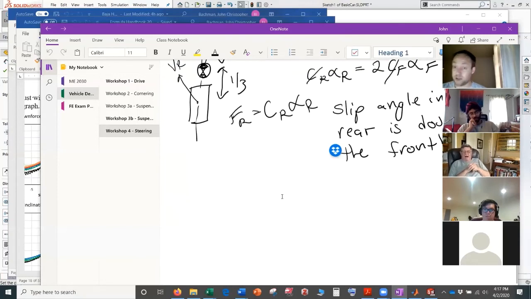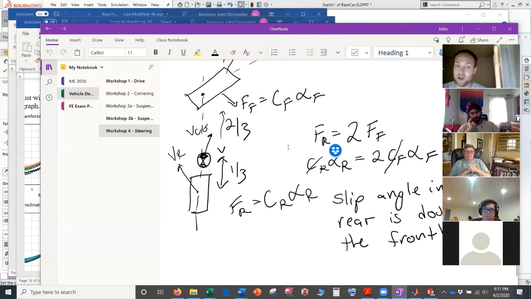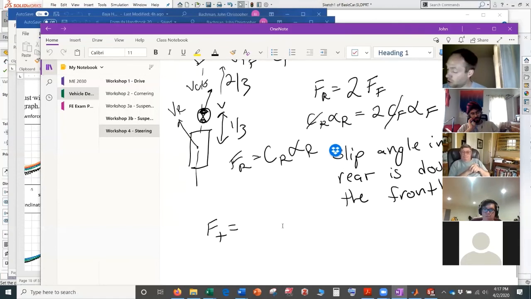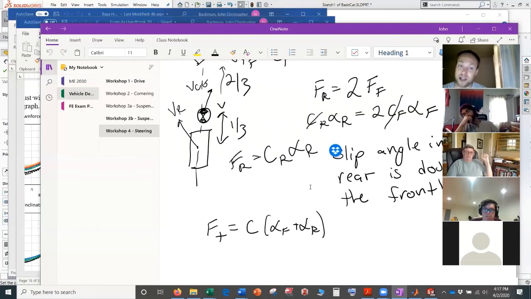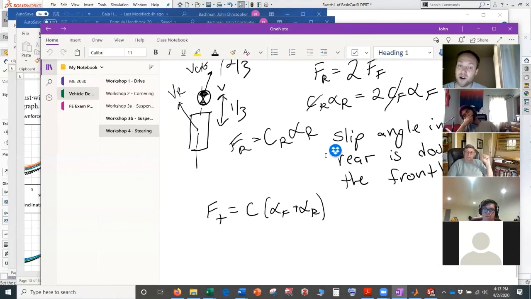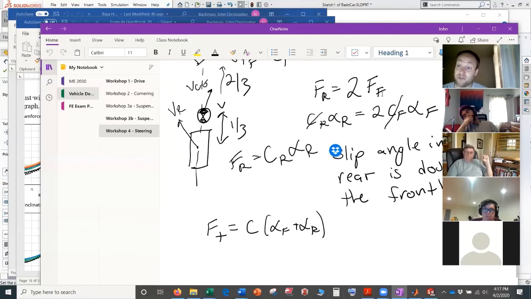right? So let's pretend, so the total force is basically equal to the cornering stiffness times alpha front plus alpha rear, right? And if we want the same total amount of slip in this case as we did in the other case, so let's say last time we did 10 degrees and 10 degrees. So this time, instead of 10 and 10, we'd have to do 13 and a third and 6 and 2/3, right? So